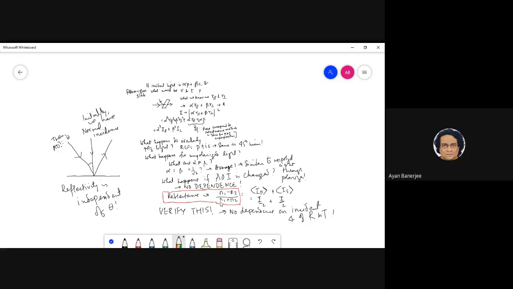You are saying that simply you are changing alpha, beta equals 1 by root 2. I'm saying that for unpolarized light, it should be independent. It should be just the same. Whatever theta we give, the reflectivity ratio should not change. That is a bit okay.